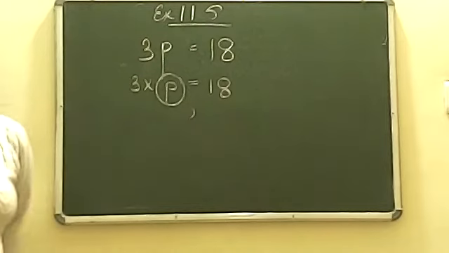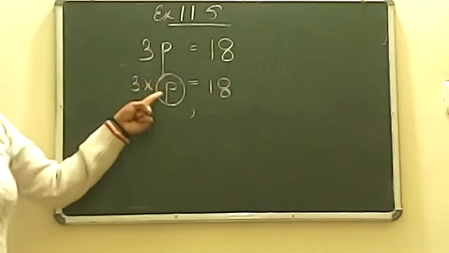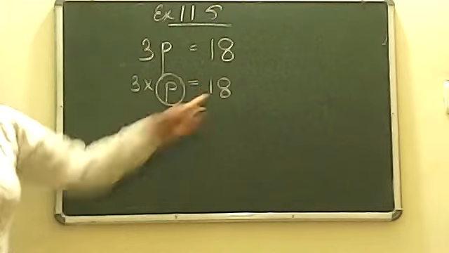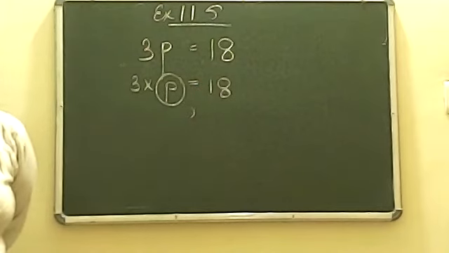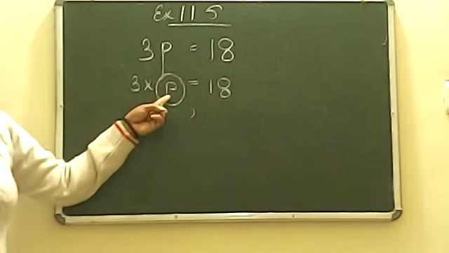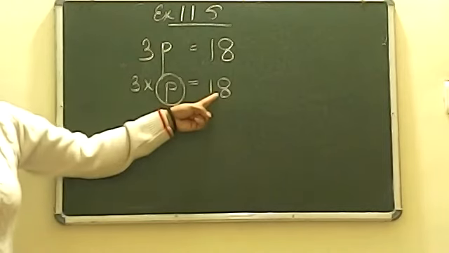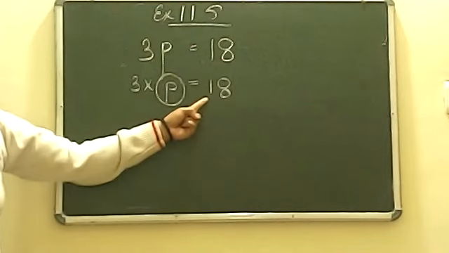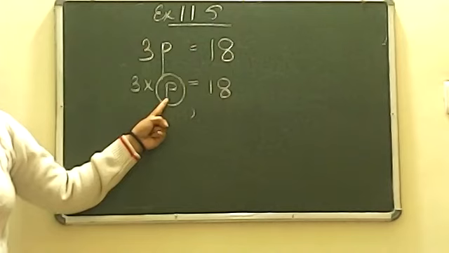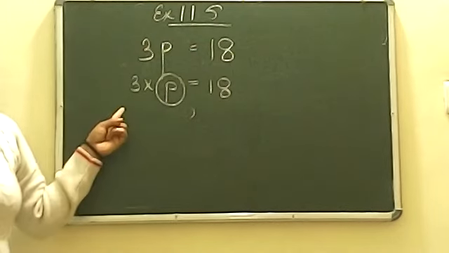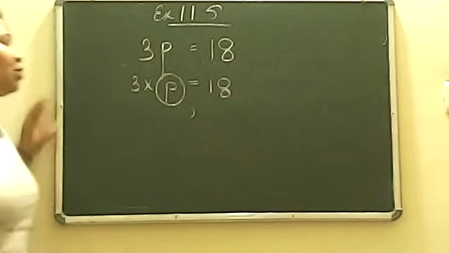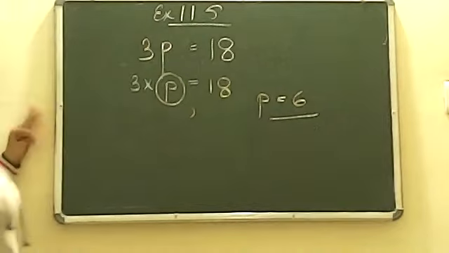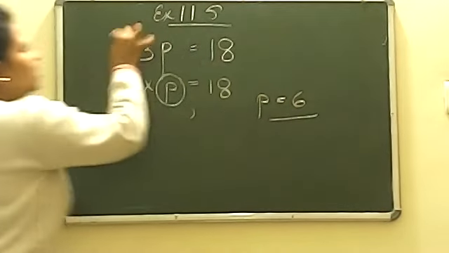Now in place of 6, Natik, now you tell me. In place of 6, if I write 3, will it give you 18? Tell me, Natik Yadav. If I place here something else other than 6, will it give you 18? No. So that is called not satisfying, because your answer should be 18 only. And other than 6, if I write any number, it will not satisfy the equation. So here the answer of p is equal to 6. You have guessed it. Okay? This is the solution of this equation.